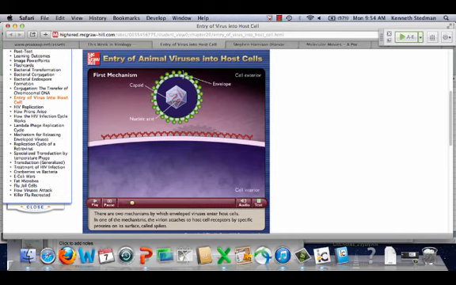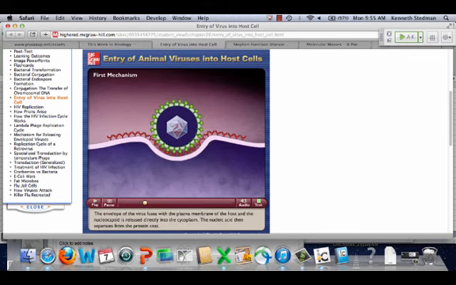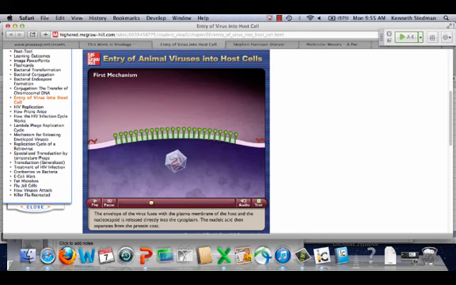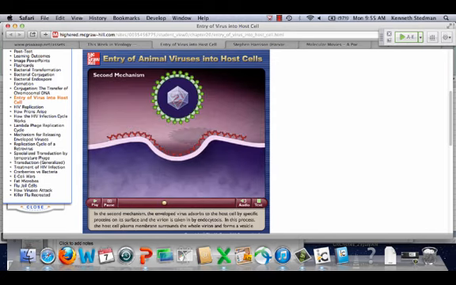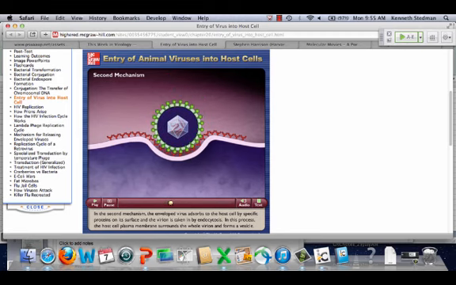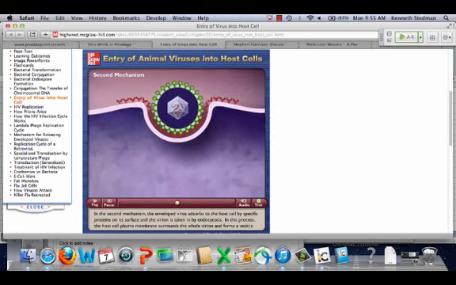So here we have our friendly enveloped virus up at the top with all of its green little receptor binding proteins. Here's the red receptor, and once you have those interactions with each other, you release the nucleocapsid. Then magic occurs, the nucleocapsid disappears, and now we've got our genome which gets replicated. That's one process, and what's happening here is you're getting fusion at the plasma membrane. You can also have a